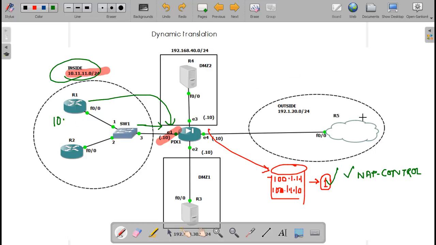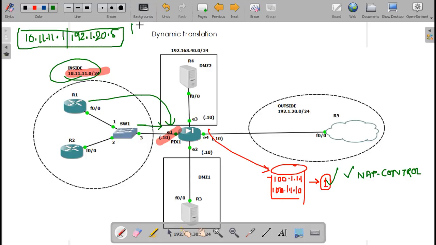See, R1 is trying to go out, so the source will be and destination will be this is your first packet which will go to firewall. Firewall will change this packet. What it will do is it will do this.